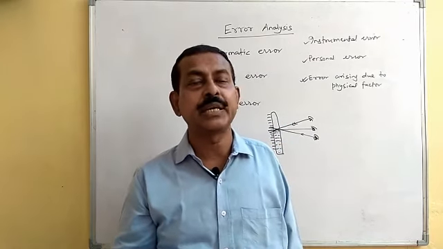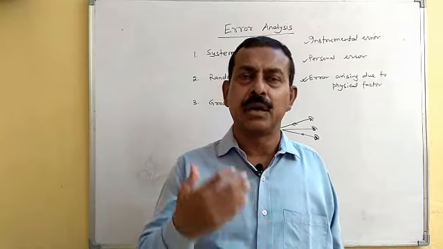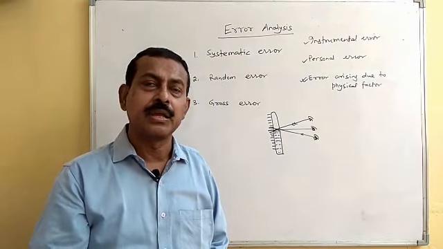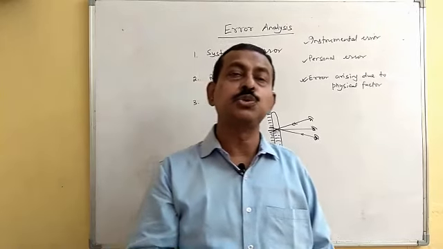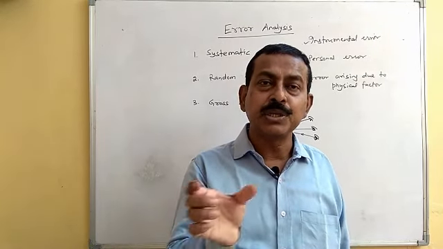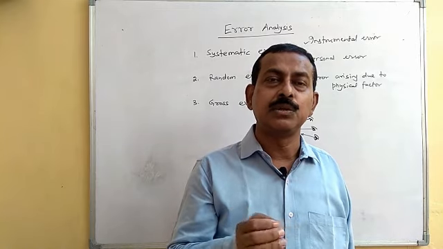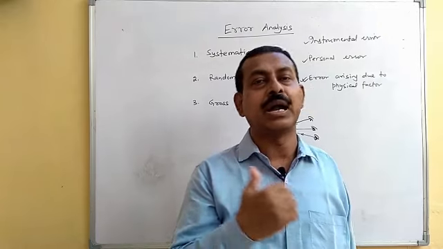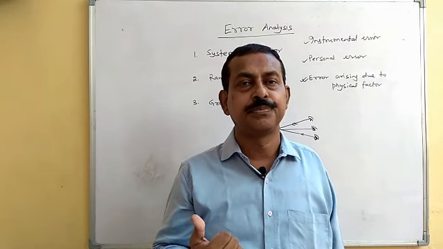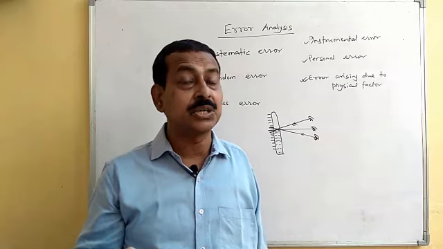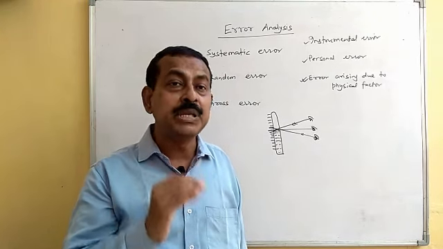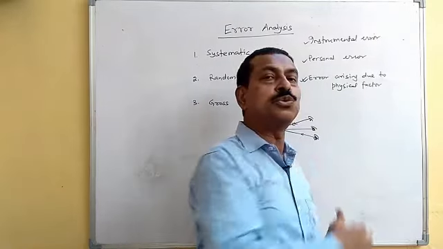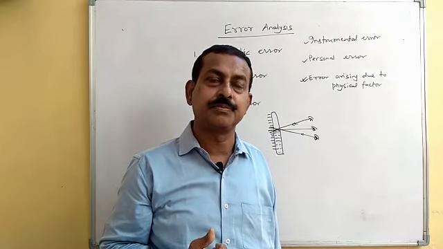Similarly, suppose we are taking observation when there is a fall in temperature, say we are taking measurement in winter. Again, due to decrease in temperature, there will be contraction of that metallic scale. So there will be a difference in the measured value and the actual value. Of course, we do correction for that when we try to minimize errors. But these will definitely be errors arising due to variation in the physical factors.